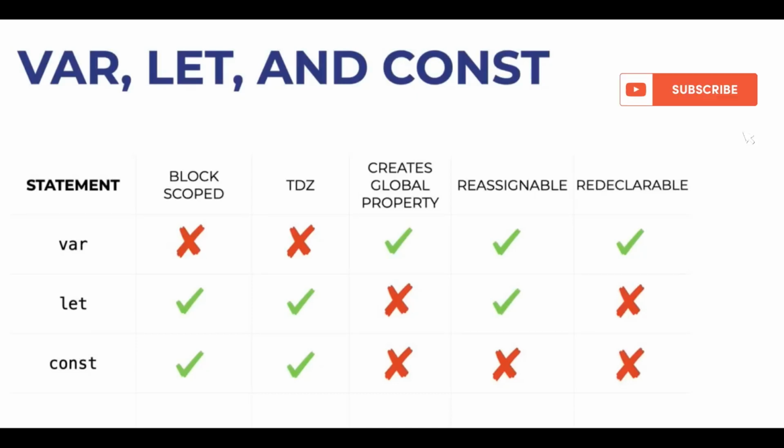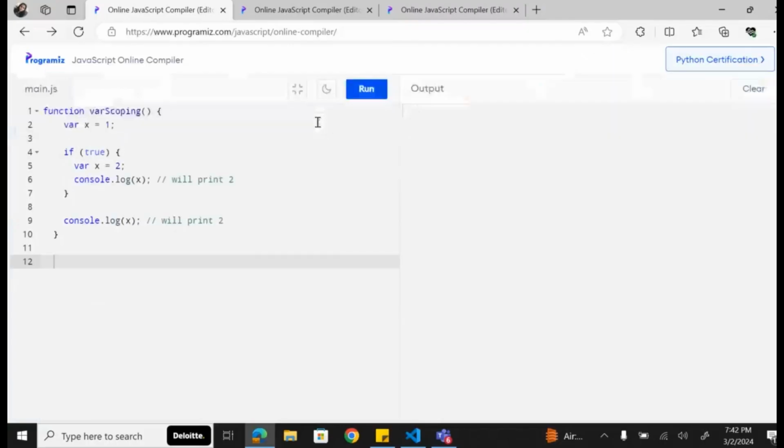So our today's topic is var, let and const. Through this table we get a quick comparison between var, let and const based on block scope, TDZ. We are going to talk about this. Then creating global properties, reassignable and redeclaration. So this is a quick sneak peek into that topic. So let's